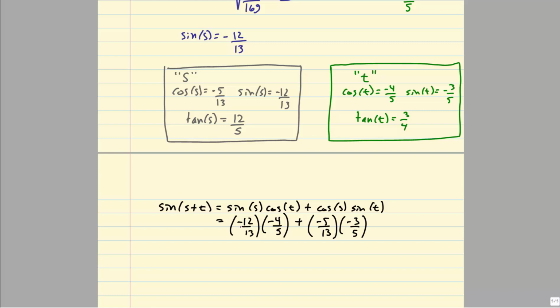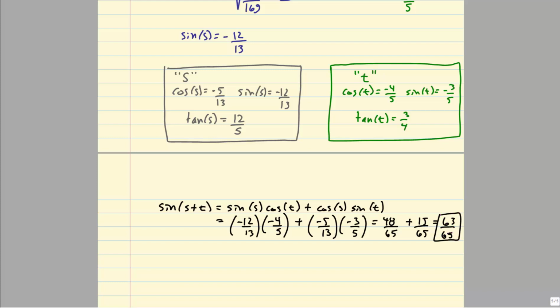Okay, so now simplifying, negative times a negative is a positive, so this would be 48 over 65, 13 times 5 is 65, plus negative times a negative is a positive, 15 over 65. So adding those two together, 48 plus 15, I would end up with 63/65